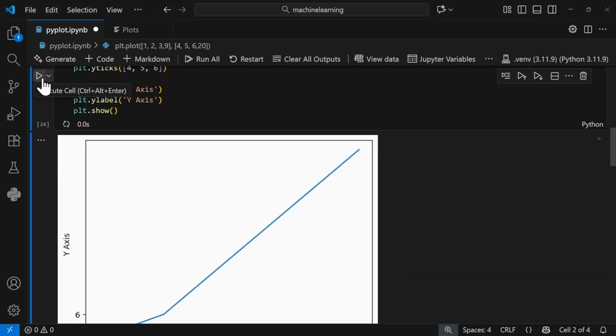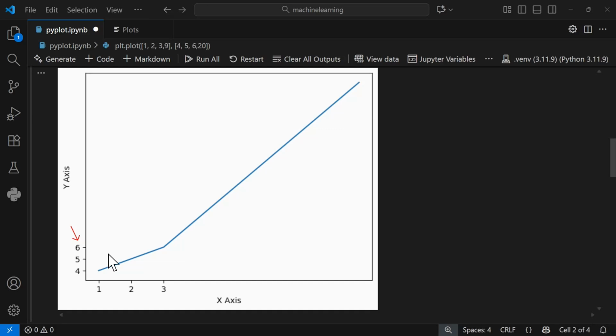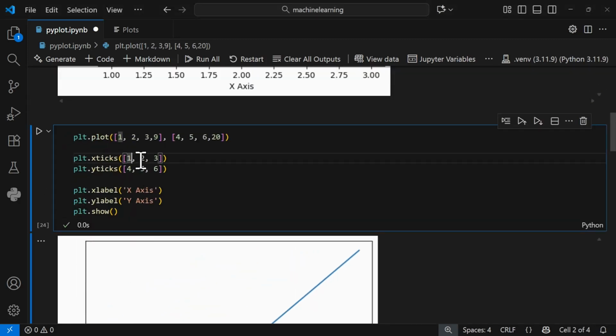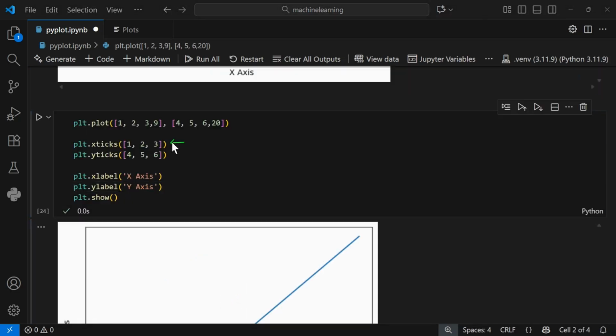So if I run this over here, you can see what has happened is the values here have been collapsed or squished over here, and the same thing has happened here, and suddenly we have this whole section which is empty and the whole section here which is empty. So that's to be mindful of, that if you specify x ticks and y ticks manually, then you will get a graph that looks very strange. So it looks like this, and you can see both axes not behaving correctly. So you must be careful when using x ticks and y ticks here and manually setting them, because you may